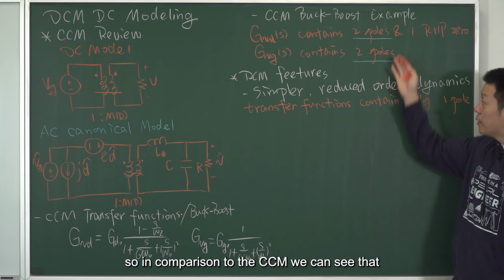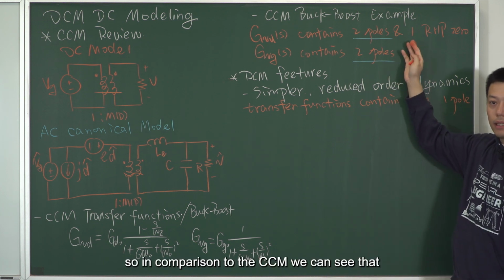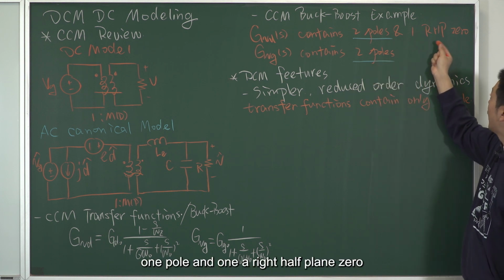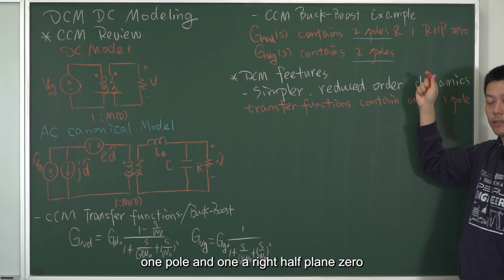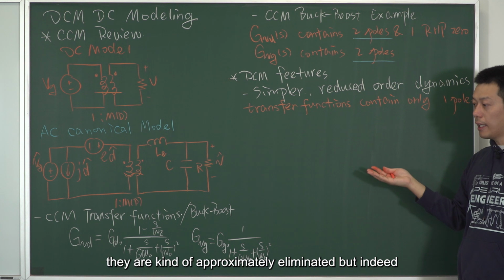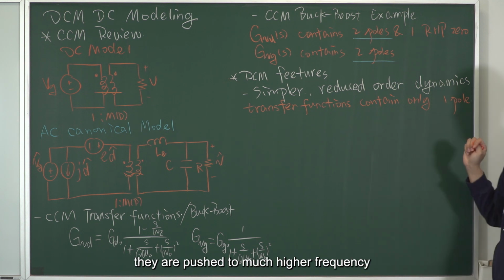In comparison to the CCM, 1 pole and 1 right half plane zero are approximately eliminated,